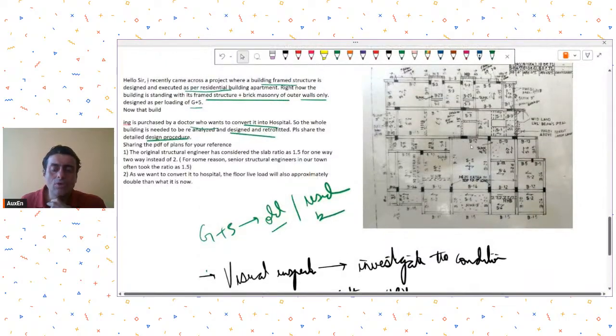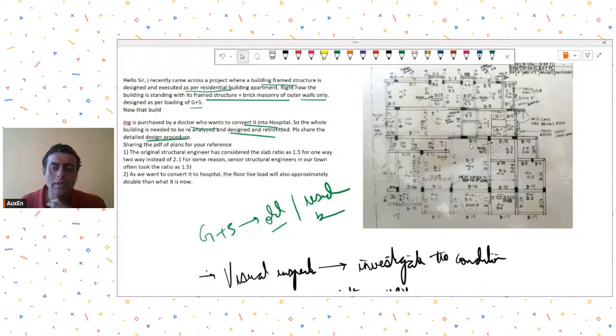Generally, the live loads will increase. More increase will be in the zones where you are going to put up, let's say, X-ray machines or MRIs or all sorts of machinery. There, the live load values will be higher. Otherwise, live load values won't be so much. So you need to look at the architectural plan that has been provided for the new structure, and then